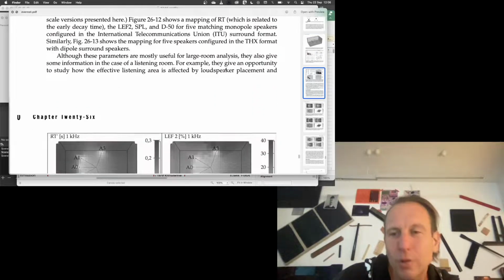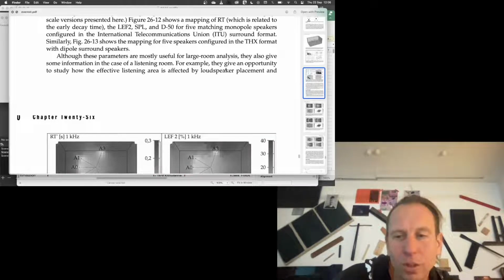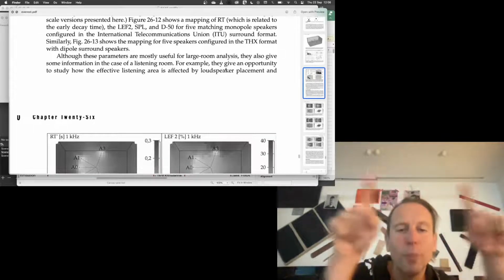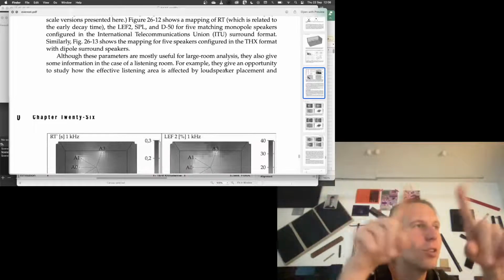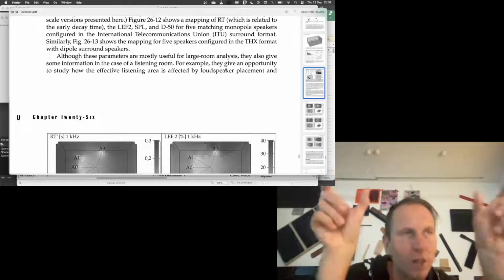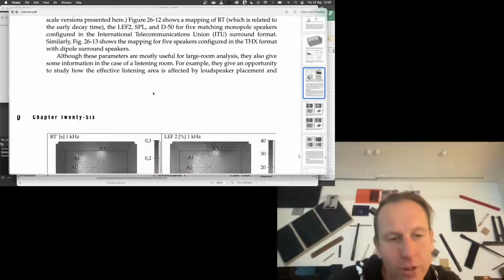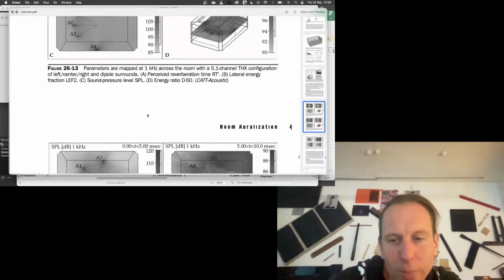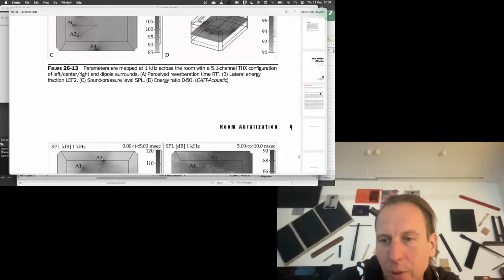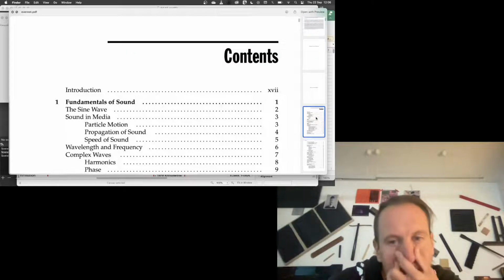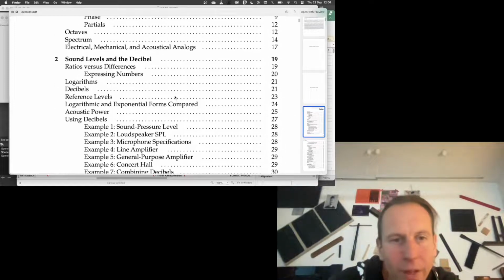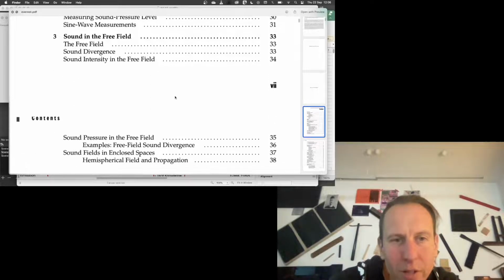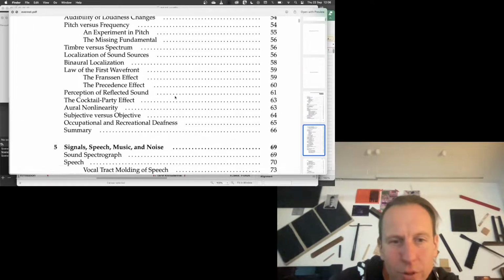Because what I do with these books, I'm sorry if it causes an issue, is that I crop them such that on my digital paper reader I don't have too much empty space and the letters are larger. So this one is actually cropped such that you don't see a page number. That's my doing. But probably in the contents: fundamentals of sound, sound levels, decibels, free field, perception,